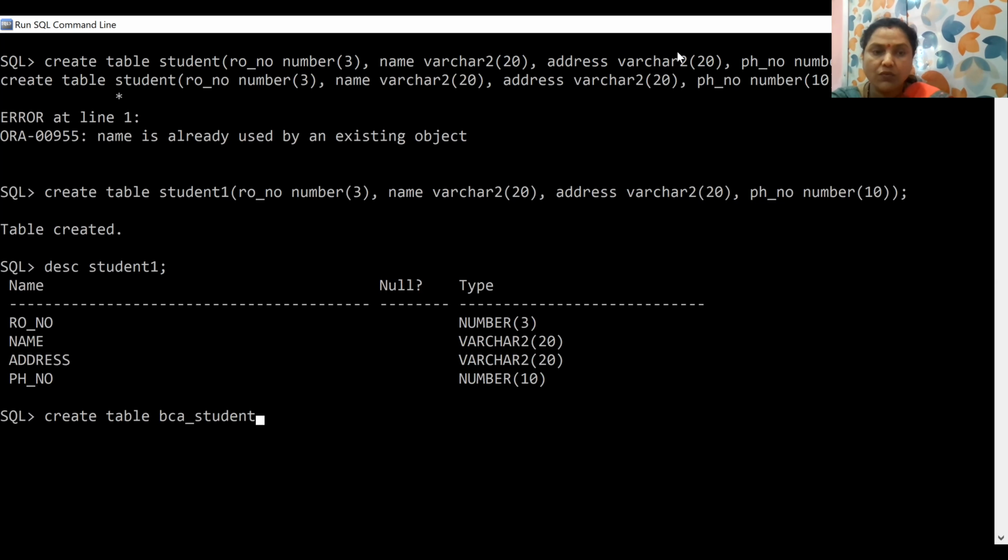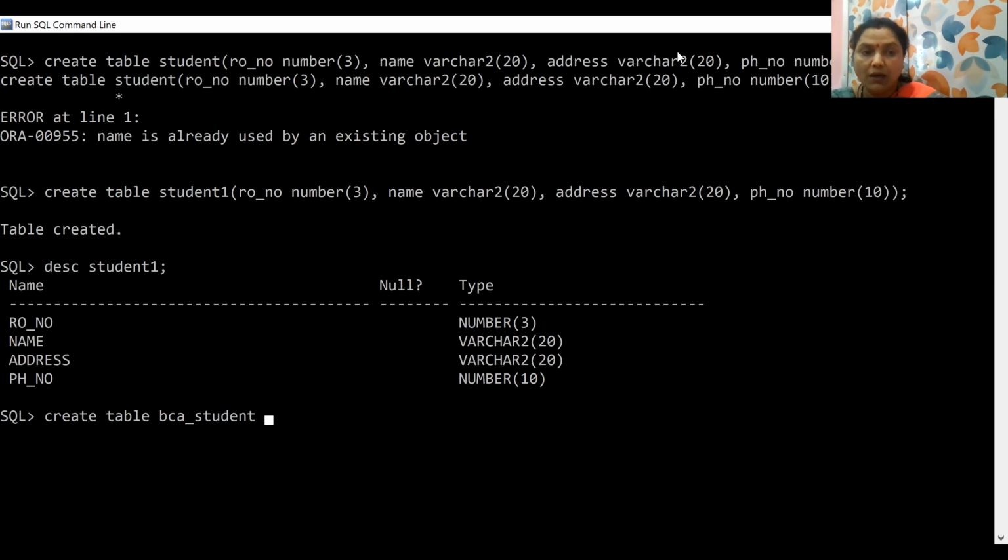The underscore is important, as you already know, because no table name or field name can contain any space or any other character except an underscore. So the underscore can be used here to create a gap between BCA and student, and the space is covered using the underscore.